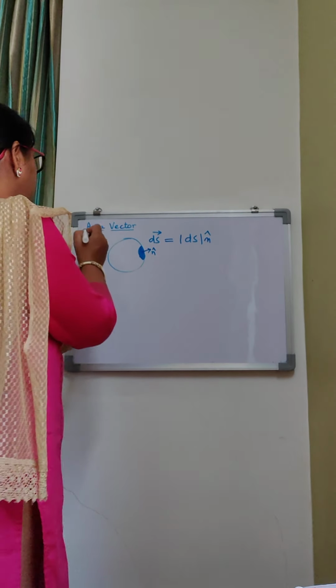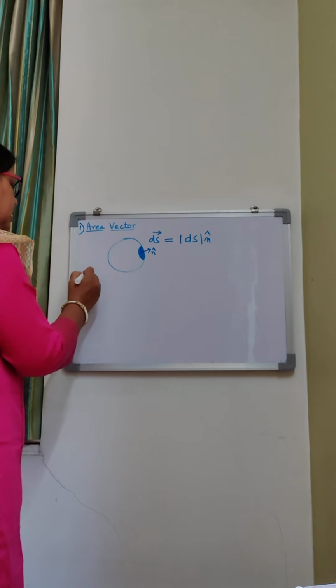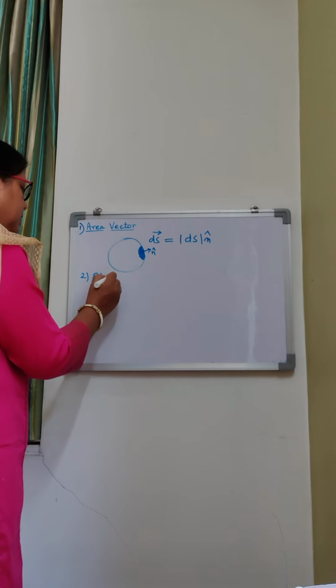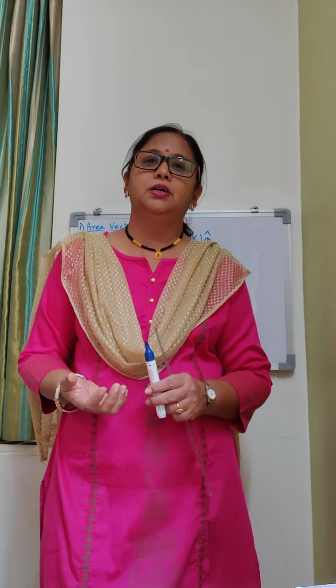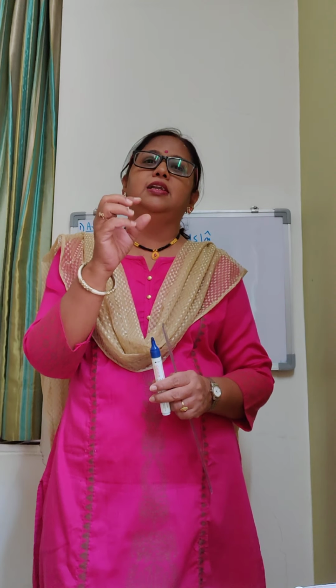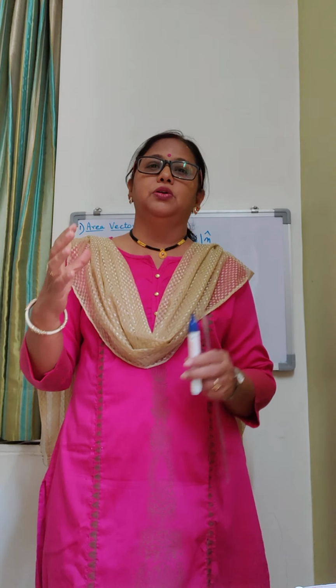So the second term is electric flux. Electric flux, this is the second term which we are going to study. The first one was area vector, the second is electric flux, or only flux I am writing here. Electric flux or flux, what is this? Now flux is related to the flow. For example, we have studied the flow of liquids through a pipe. So you have studied a certain cross-sectional area and certain flow is coming out. There you can see or you can visualize the flow. But in case of electric field, we cannot see anything.